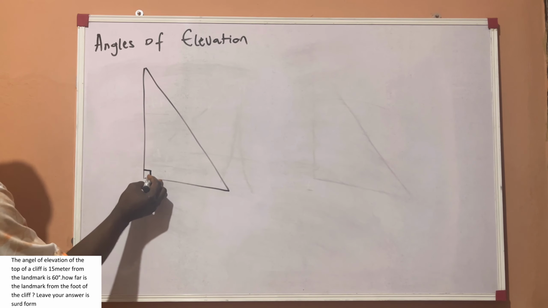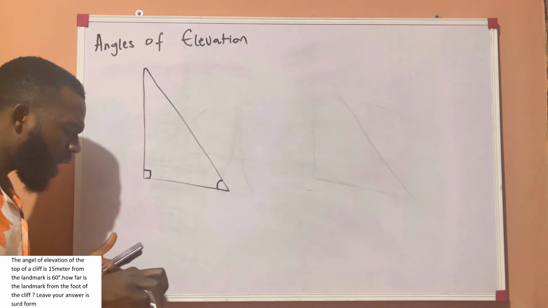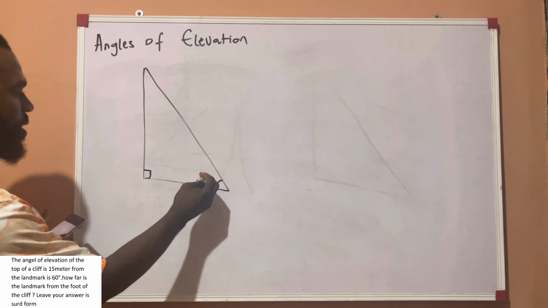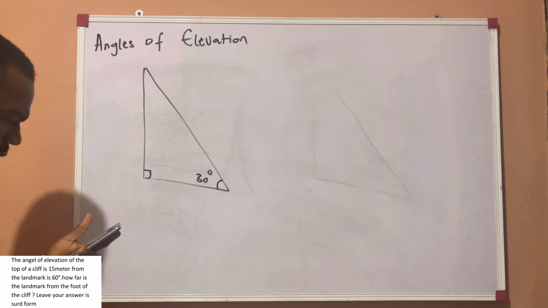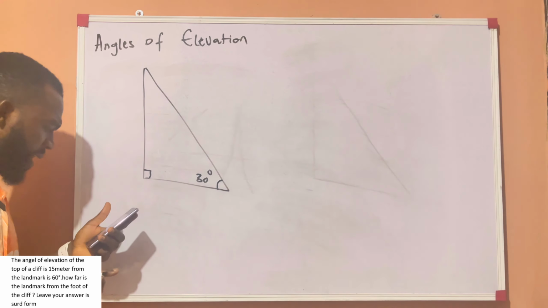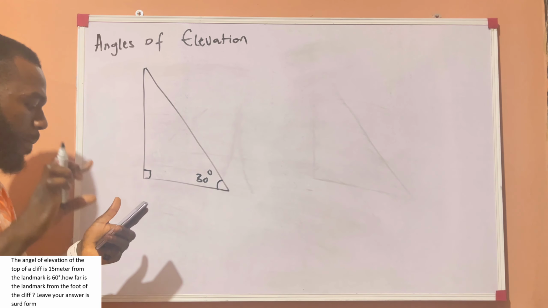This is angle 90, and this is our angle of elevation. But in the question, the angle of elevation was given as 30 degrees. So it means our theta here is 30 degrees. Okay, and then we were told that the angle of elevation of the top of a tower from a point